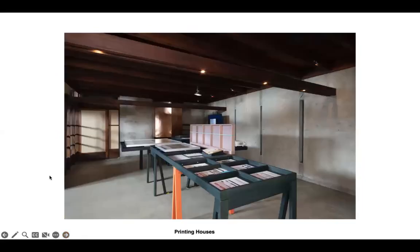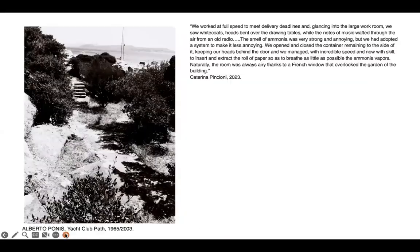And finally, most relevant today is the room where we explored the questions of office printing. The title of that room is Printing Houses, which was as much a reflection on the consideration of where printing happens, whether internally to an office or in a library with a Xerox machine, or outservice to a print shop, or perhaps